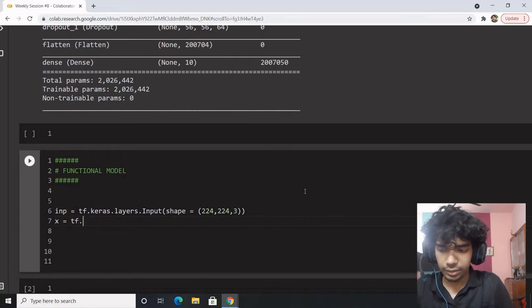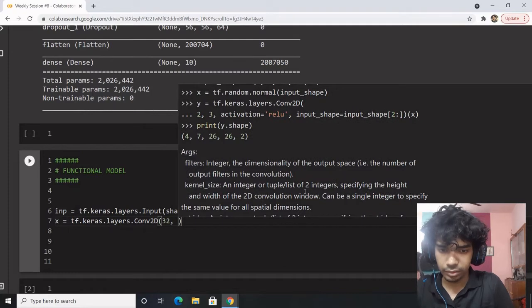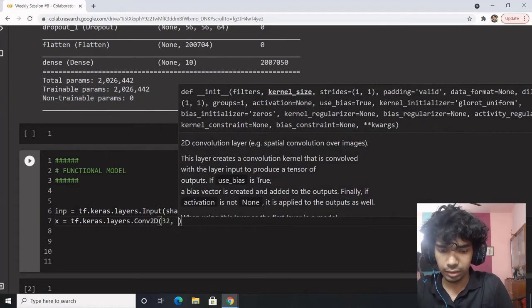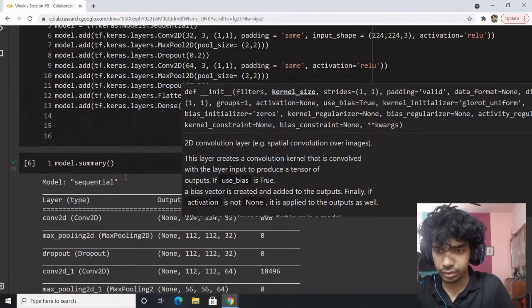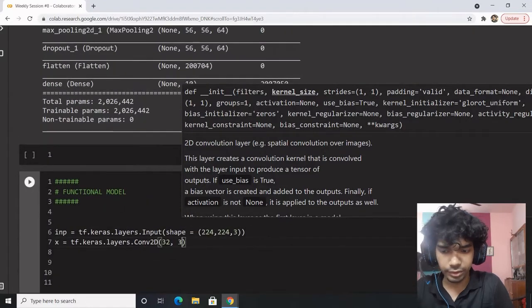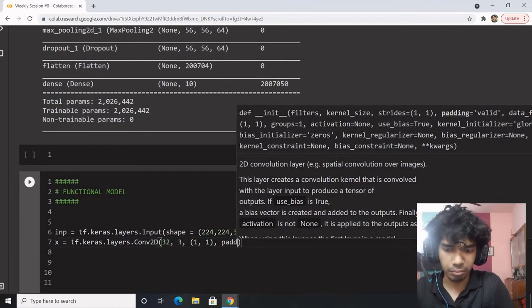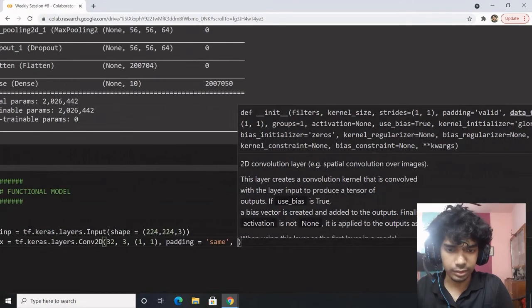Then we have x equal to tf.keras.layers.Conv2D with 32 filters. The kernel size was 3, we used 3 in the previous one, so we'll keep the same value, 3 by 3, with padding equal to same. And I don't think there's anything else.